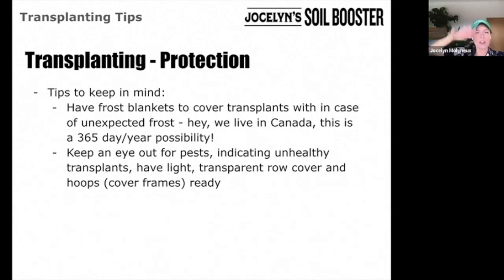And again, you don't want it to be sitting on your seedlings. You want to have hoops or some way to keep the structure over your plants. And the other thing to keep in mind when you are transplanting is to watch what happens in those first few critical weeks. So, of course, you should be out there monitoring moisture levels and keeping an eye out for what's going on. I remember hearing once that the best fertilizer is a farmer's footsteps, which ultimately means that it's really being out with your plants